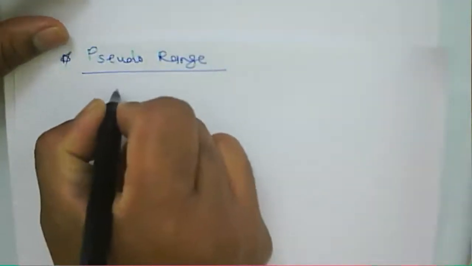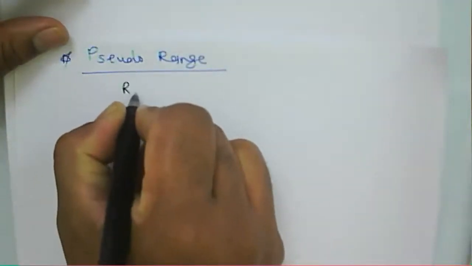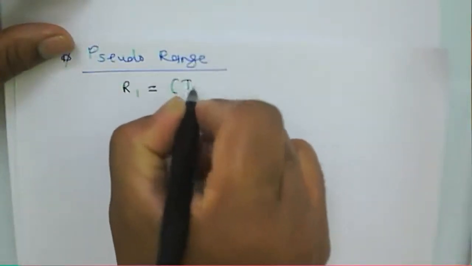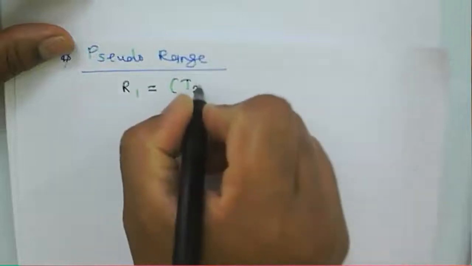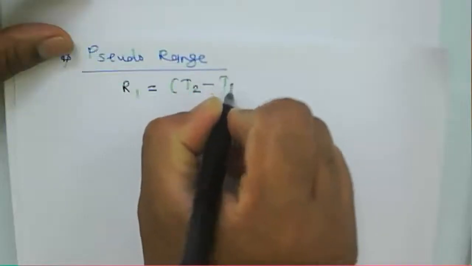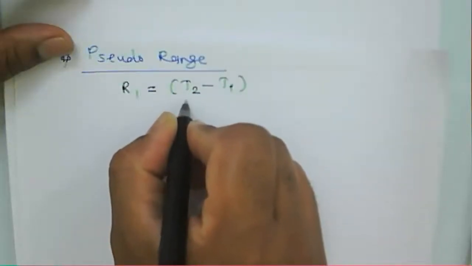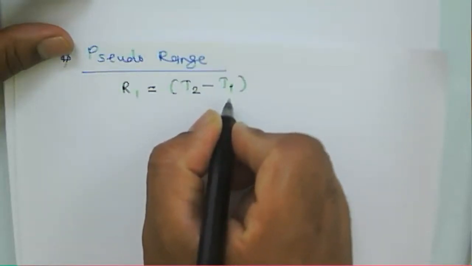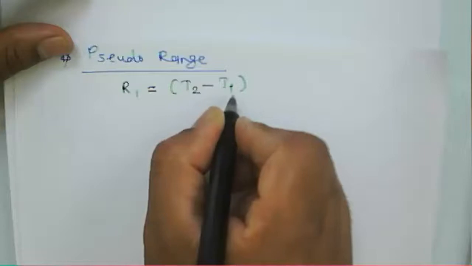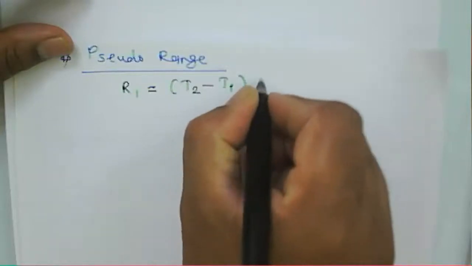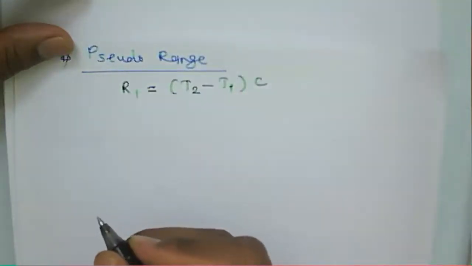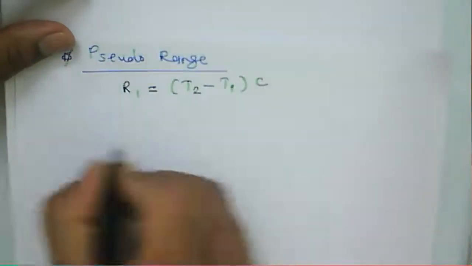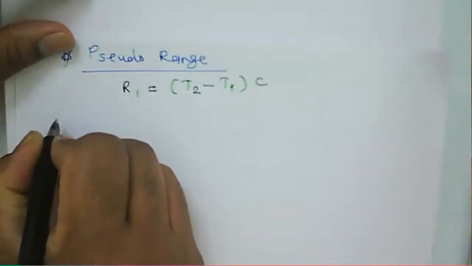Then we can say that earlier we said R1, the range between the transmitter and receiver, is nothing but the difference of timing: T2, the instant at which the signal is received, minus T1, the instant at which the signal was transmitted from the transmitter, with respect to c here. But in the case of satellite navigation,